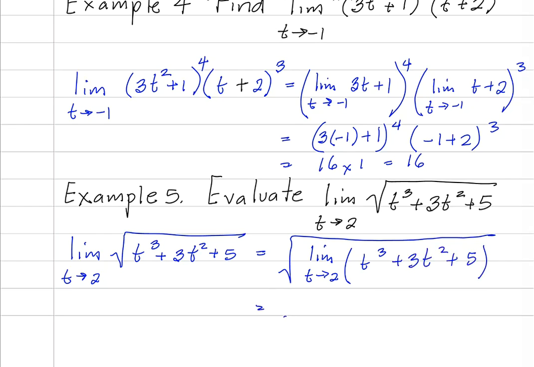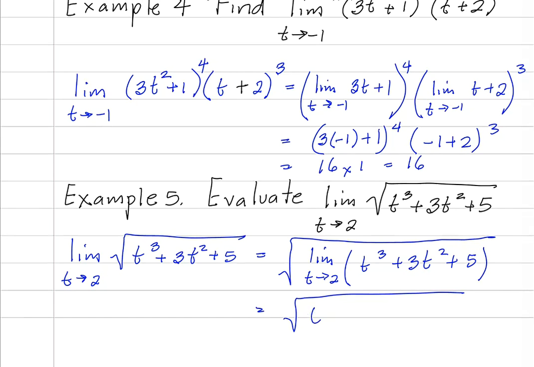And this would be equal to the square root of, as t approaches 2, we're going to have 2 to the 3rd plus 3 times 2 squared plus 5, and that's going to be the square root of 8